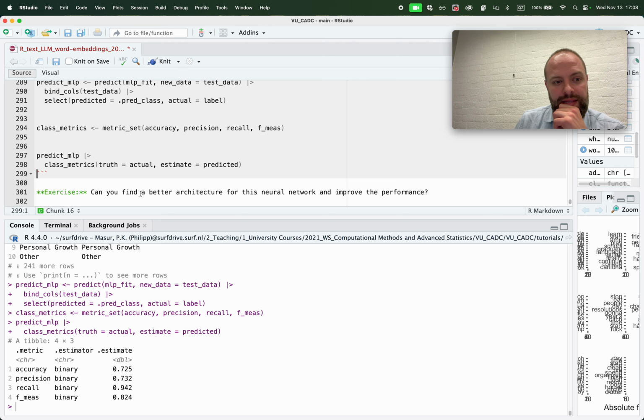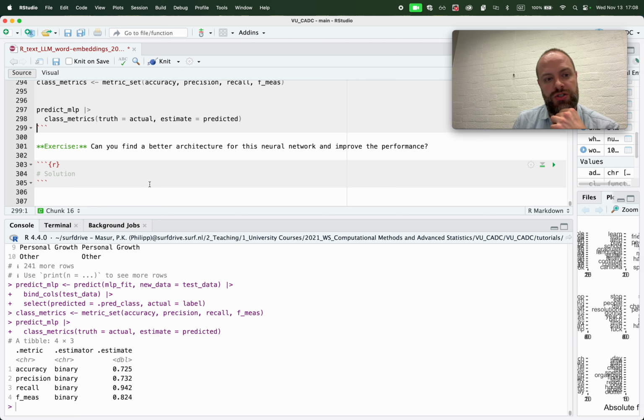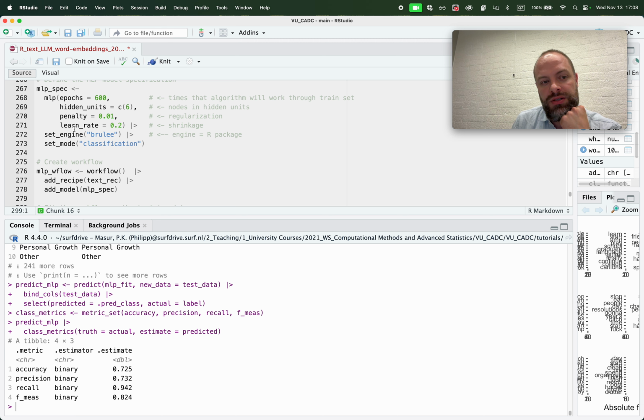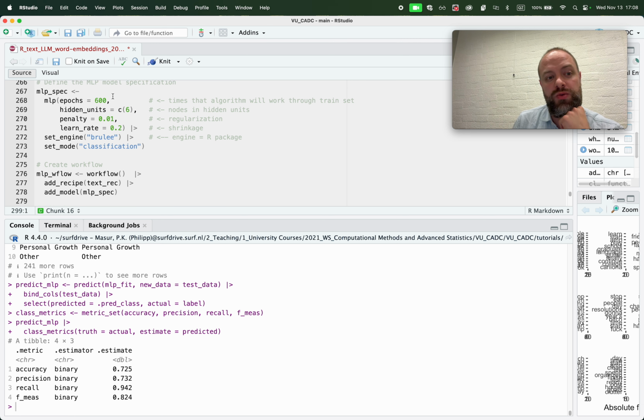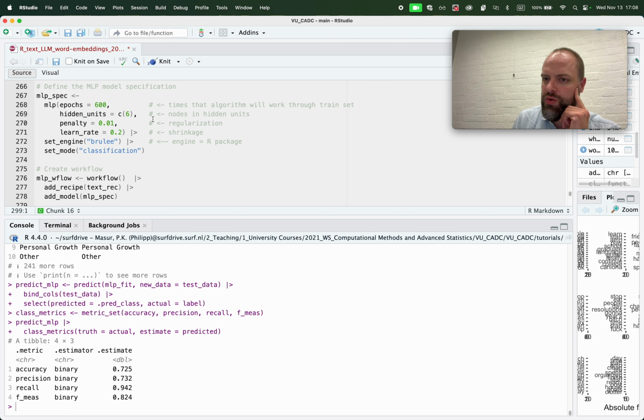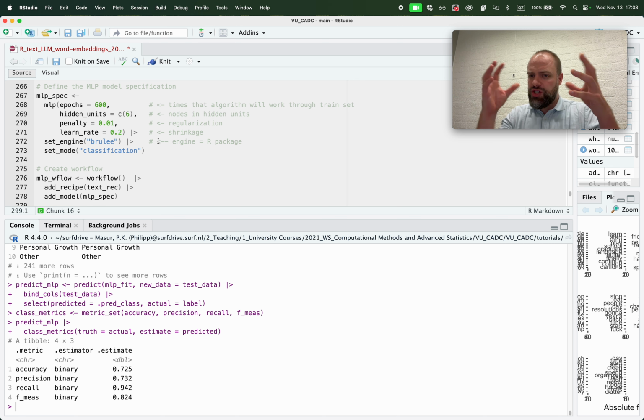Now, the next exercise and the last exercise for this tutorial is, again, well, we chose our network architecture somewhat randomly, and we could now go ahead and try to find a new one. I want to spare you the trouble of going through a grid search again, although this would be probably a very good idea to now go ahead and set this up as a tuning framework in which you can explore different combinations, because this may take a while. What we'll do for now